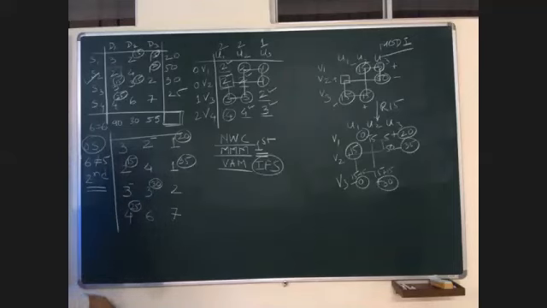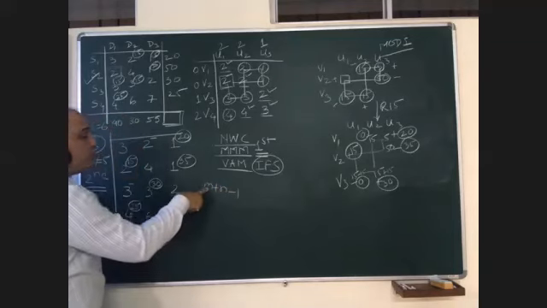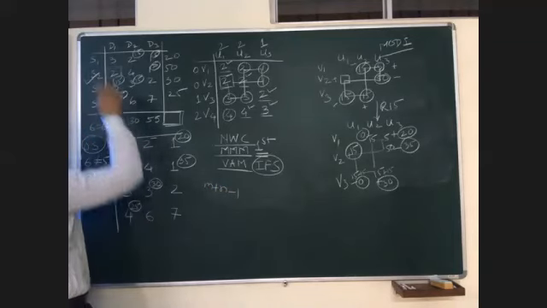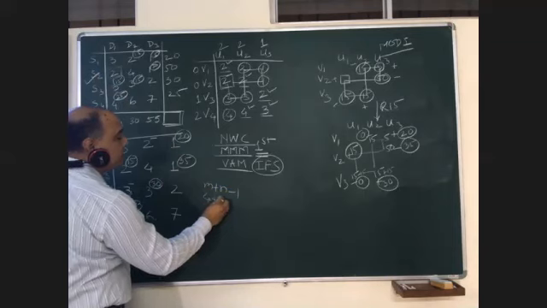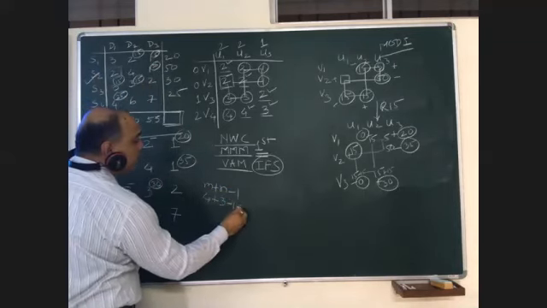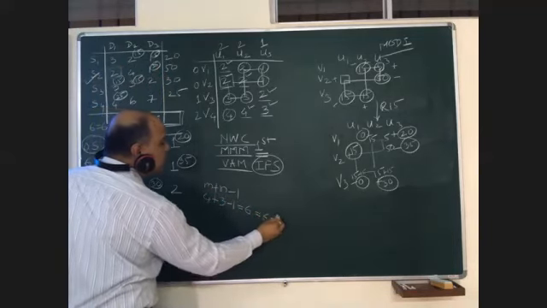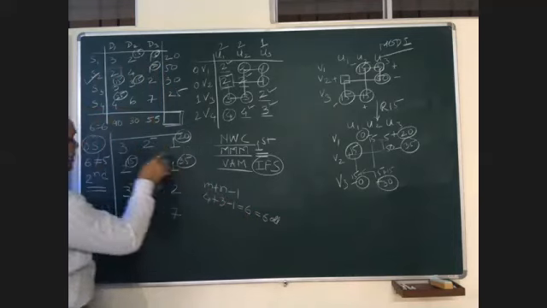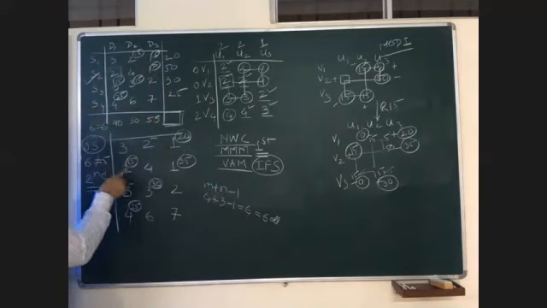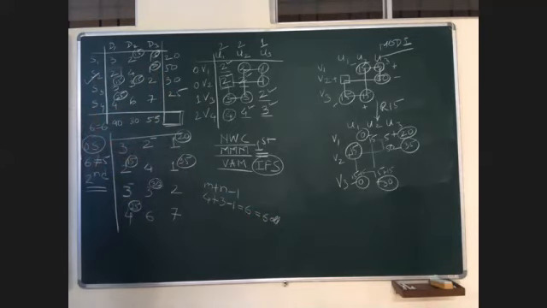Now, your question should be how to resolve this degeneracy. As per our calculation, m plus n minus 1, number of rows 1, 2, 3, 4, plus number of columns 1, 2, 3, minus 1 should be equal to 6. This should be 6 allocations, right? But here, how many allocations are we getting? 1, 2, 3, 4, 5. Is it equal?